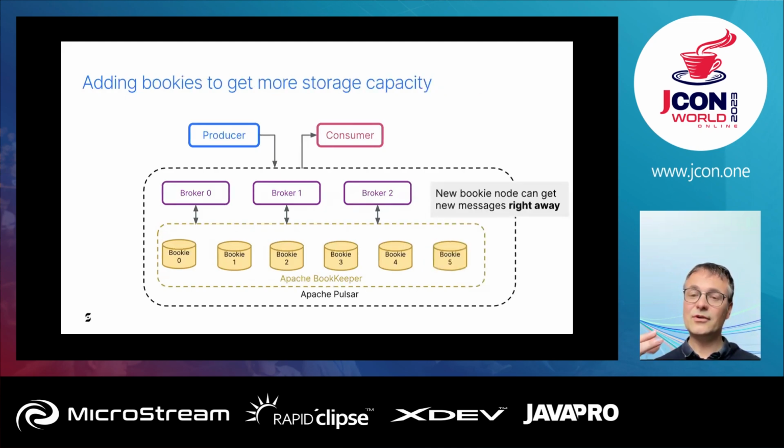And when we need to store more data this time, then we'll just add more bookies. And as soon as you add a new bookie, it's going to be eligible for getting new messages right away. It immediately becomes functional. And there is no data rebalance and no data movements, unlike Kafka, right? So Pulsar does not have this issue when you need scalability on your data or elasticity as well.